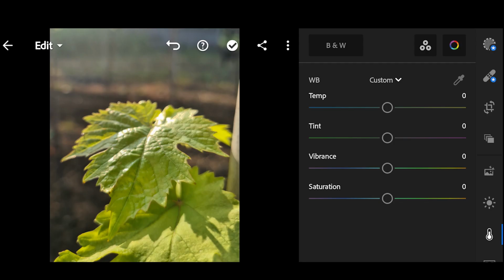Saturation is one of the trickiest sliders while editing. For a beginner, it may look all great and colorful while you increase the saturation, but there is a good chance that you can get carried away with it and you can ruin the image. There is a very fine line between a good amount of saturation and oversaturation. Also, the color saturation will depend on the screen that you are looking at. So there is a good chance that you can overdo it. Many beginners make this mistake and can make the image look completely unprofessional.